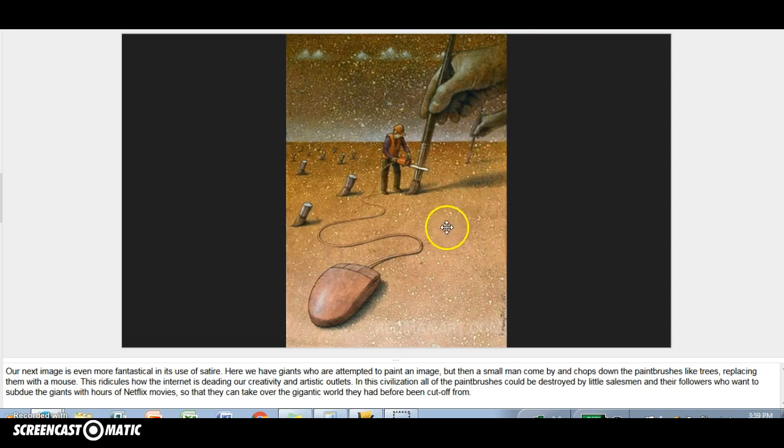So the giants go home and they're fascinated by this magical thing called Netflix, and they just watch movie after movie. And while they're incapacitated by all of this technology, the little men finally have the cover that they need to take over this world that they didn't before have access to. And before the giants know it, they've been tied down to their couches and have no way to move, and the little men have taken over the world. So that is another example of a satirical and allegorical world that you could create to criticize a problem.